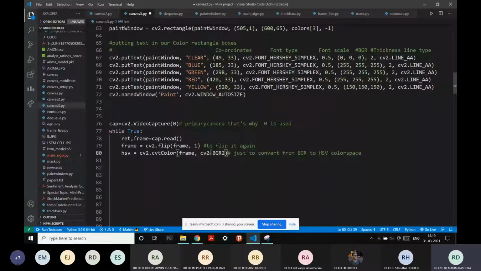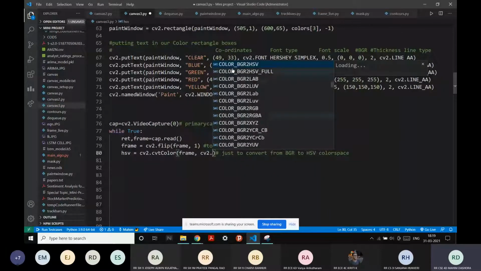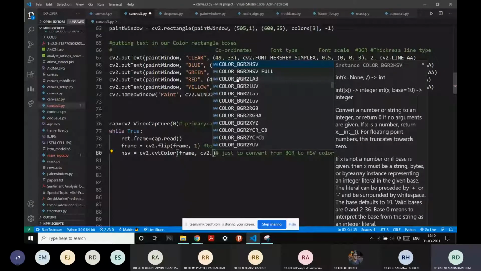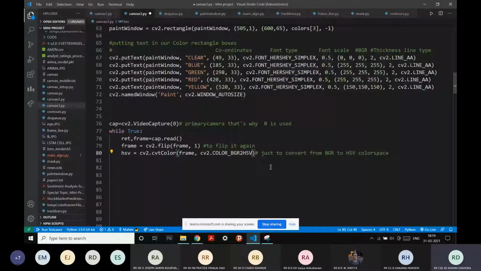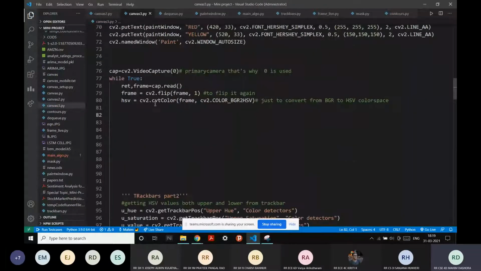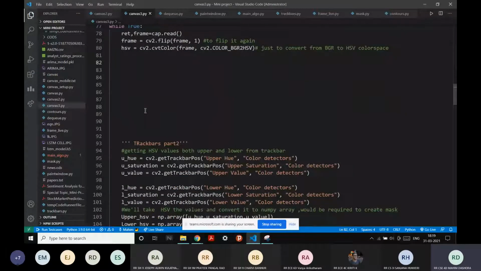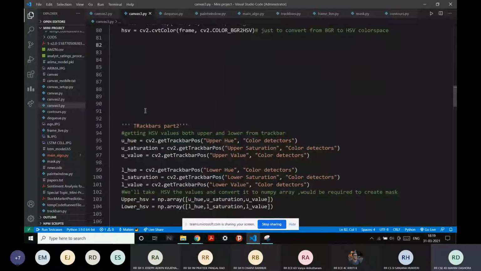BGR2, I hope VS Code pops up and recommends me something. Yeah, grayscale. We can also transform to grayscale. We also have different types, but we will be using BGR2HSV. Great. So now we have taken the HSV transformation. As I said before, we'll be tuning our HSV values. For that, I created track bars.